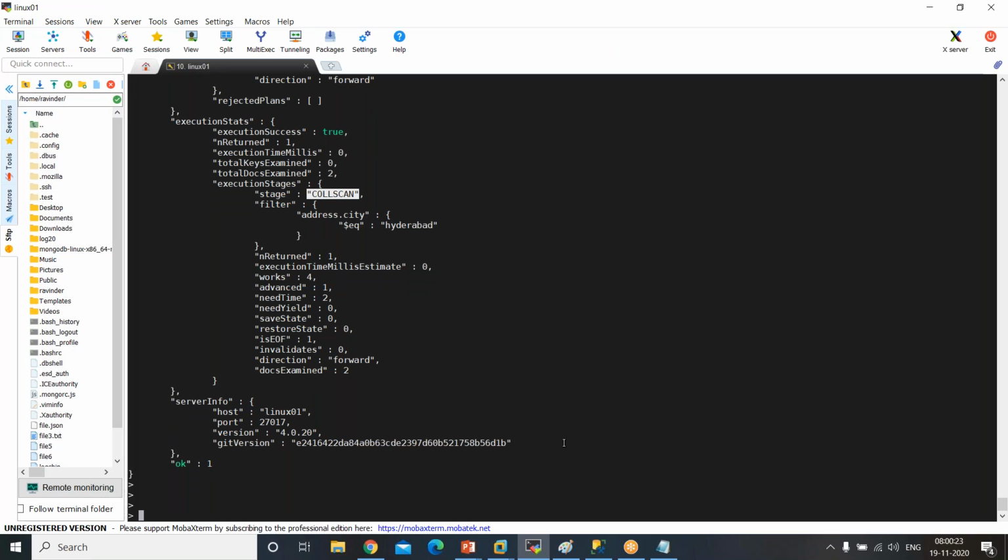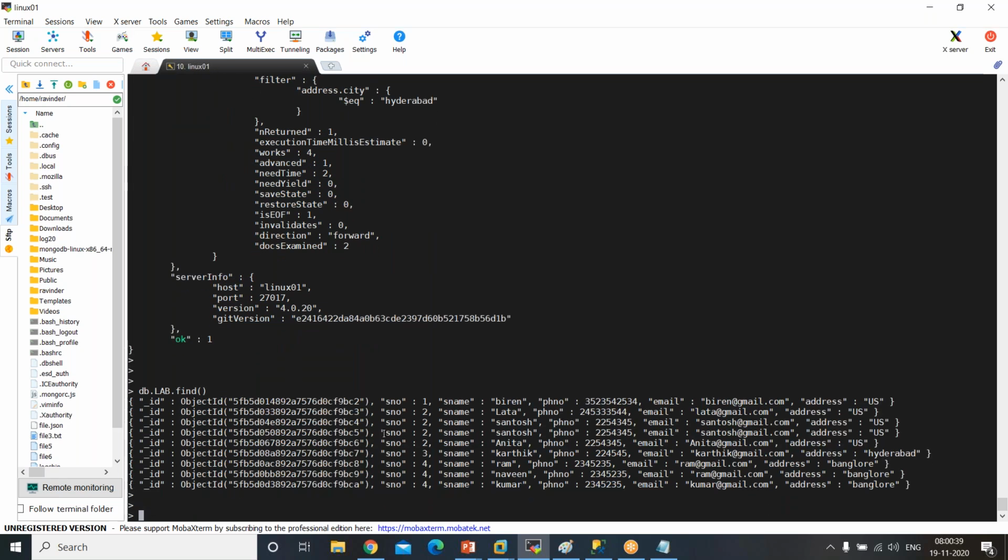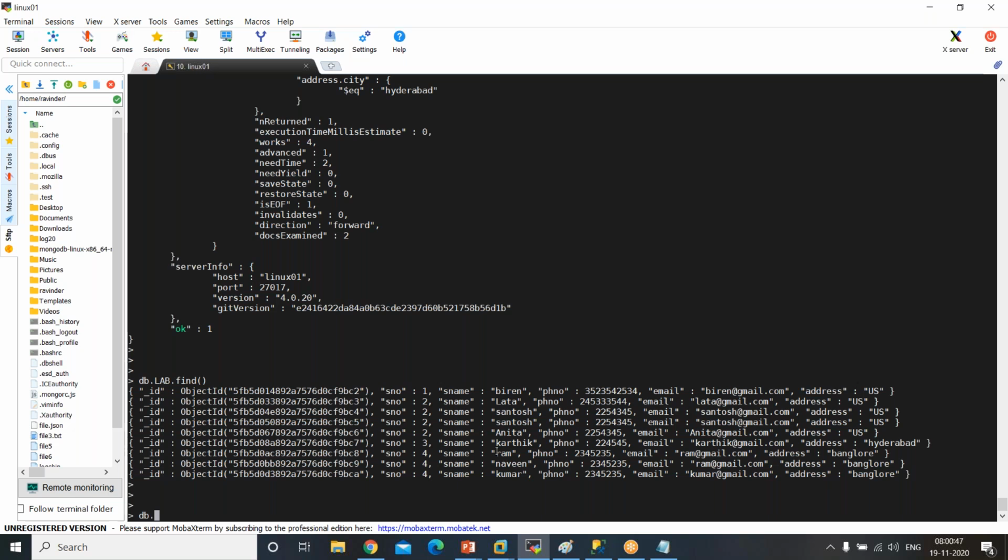So now, as I was saying, db.lab.find. This is the data we have, and we have the index on s number, right? When I was reading Santosh, what is it doing actually? Let's do it and then come to the conclusion. Find, I'm going with the name. When I go with the name, anyway, it will not use the index. I'm going with s number 2, s name Santosh. If I read this, it is actually examining